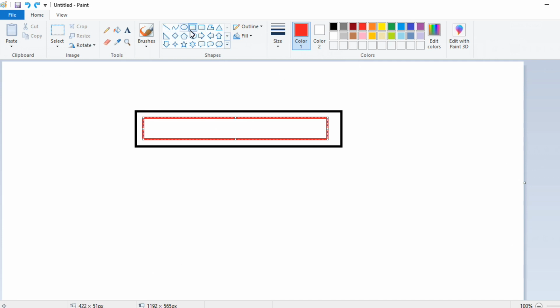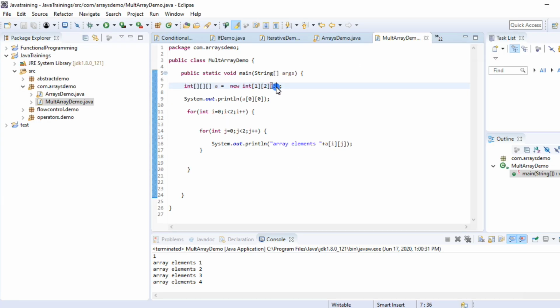So we have to divide this. 2 means 0 1. Inside this we have one array which is again a multi-dimensional array. So in this, one more array is 3. So inside this first array we have 2 arrays.